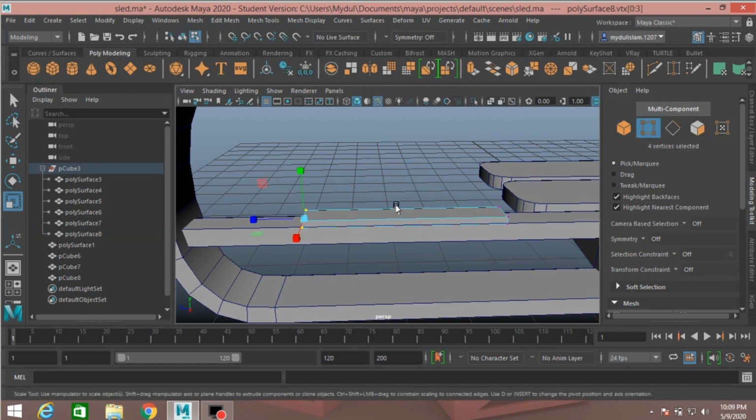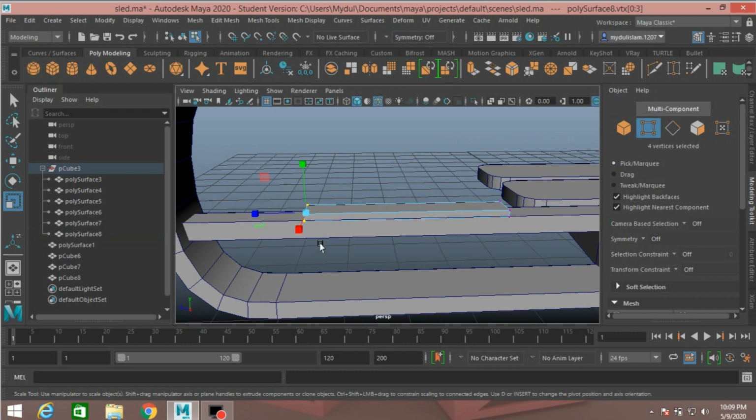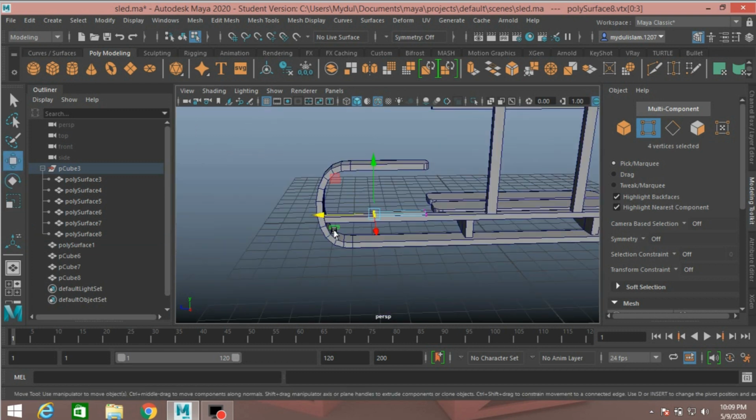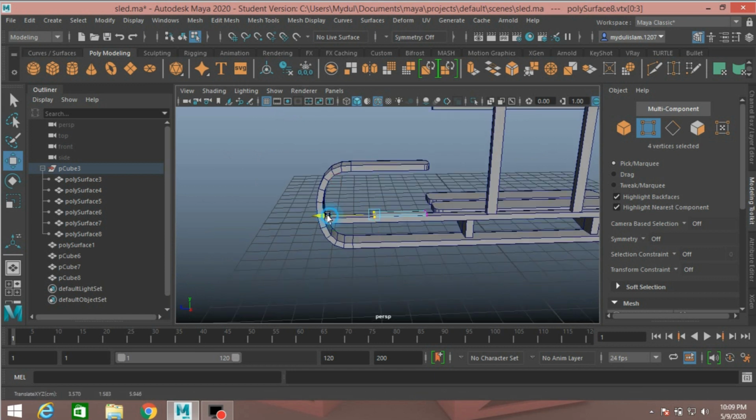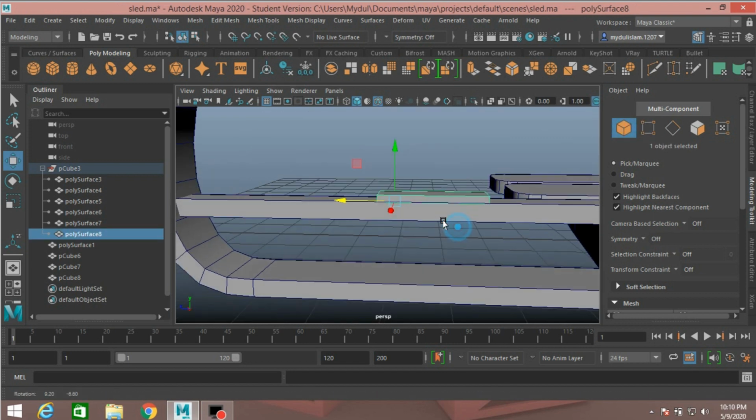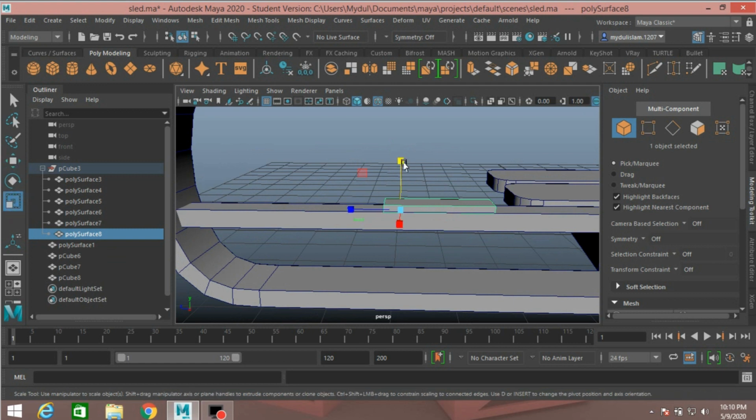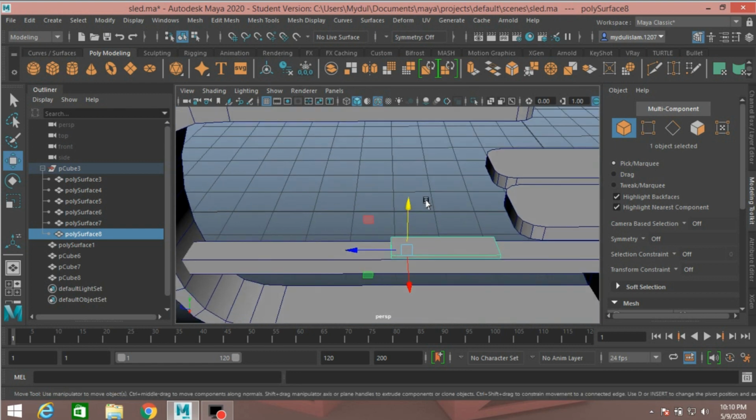Now go to vertex mode, select this vertex and move it here. This one here. Go to object mode, again scale it to make it thin and move it up just here.